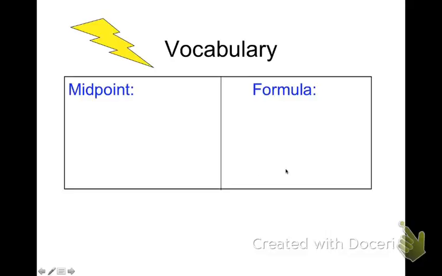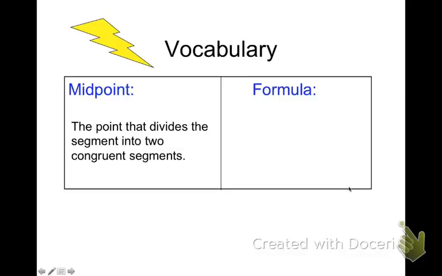Right, so here we go. In your notes, let's write the following definition for midpoint. Let's put down that the midpoint is the point, because it is a point. It's not a line. It's not a ray. It's not a plane. The midpoint is a point that